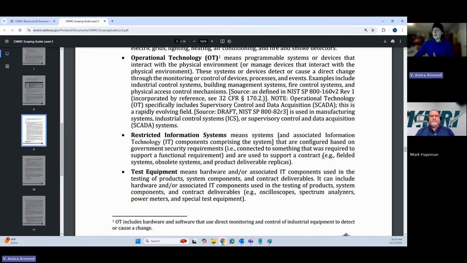If you've got a development area where you're prototyping or testing stuff, and it's again something for the contract, and the government says this is how you're going to configure it, again, probably going to be looking at restricted information systems.